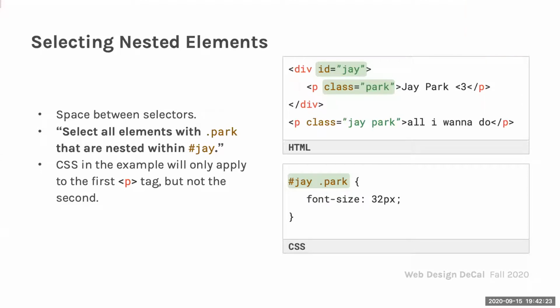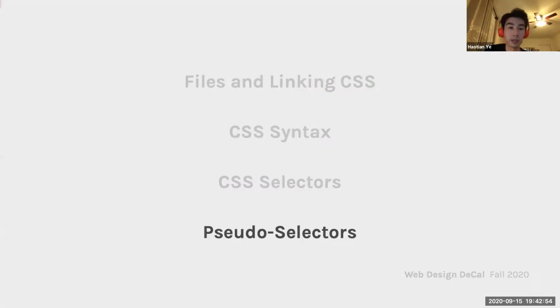Oh, so if I had another div tag later in this code, I can't say ID equals J again? No, you can't. Or else it would only apply the ID to the very last one that has it. So if we had another div tag after this, it would only apply to that div and would forget about this one here, I think. Yeah. So if you want multiple elements with the same styles, you can use classes. That's why we have classes, because they can be applied to multiple things. Cool. Any other questions?